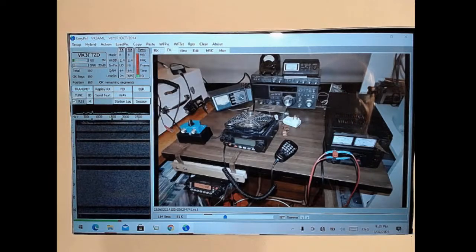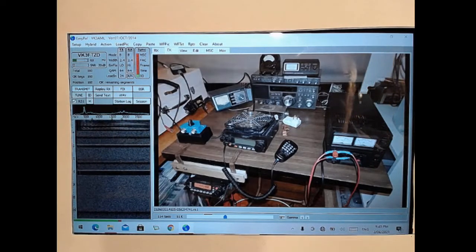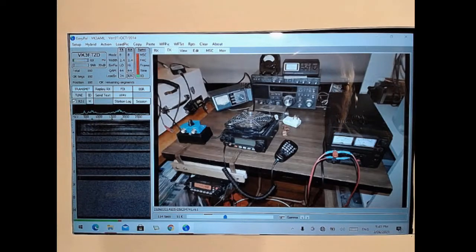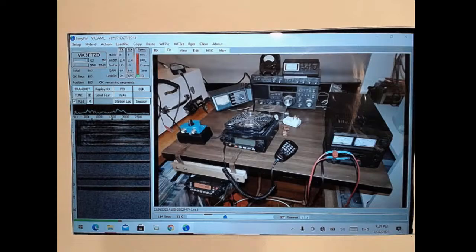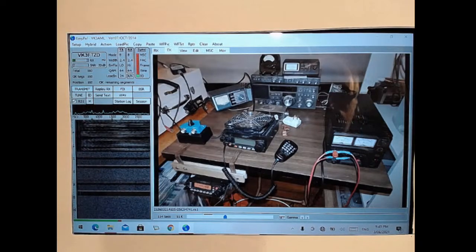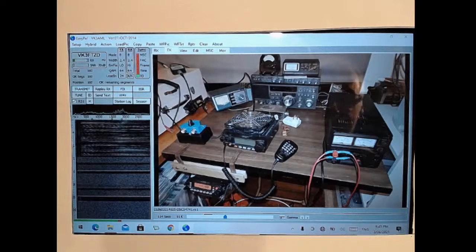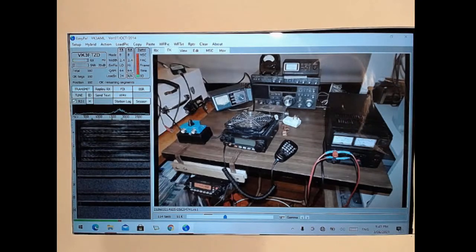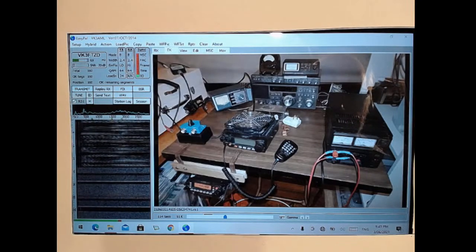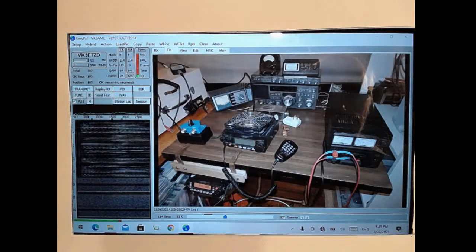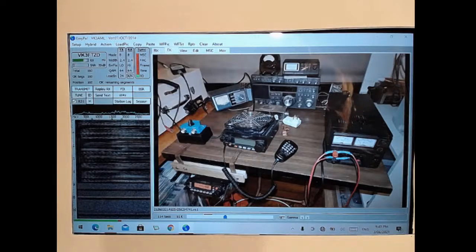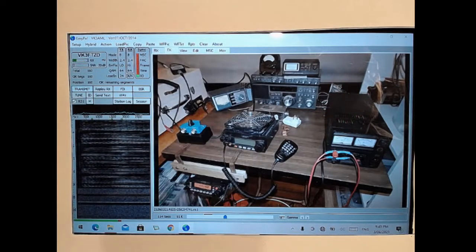VK3 AML, VK3 FTZD. Full decode on that one at 22 dB here, and yeah, it's nice and tidy. It's a bit tidier than mine. Actually, it's a lot tidier than mine. VK3 FTJS. Terry, how did you go decoding that one? 25 dB, full decode, 246 segments.